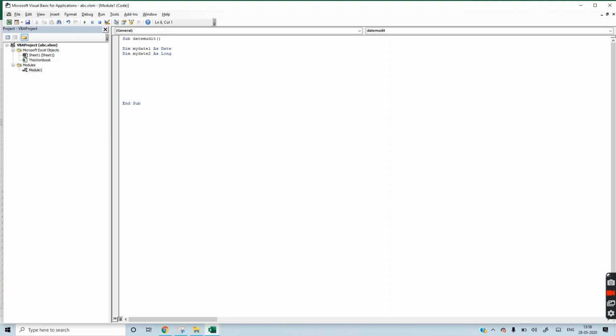Similarly we will define the second date, which is the date of today. We will subtract my date 2 minus date today, so it will show the number of days.